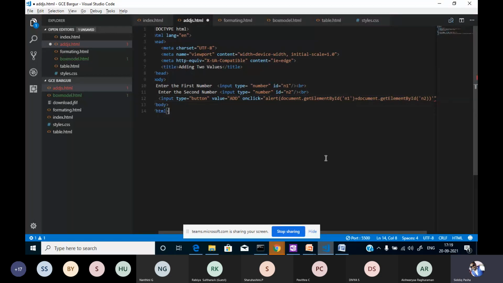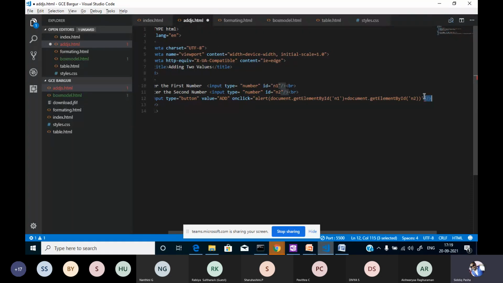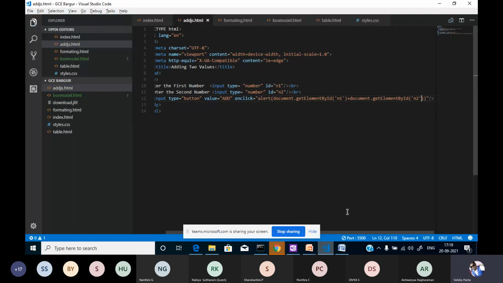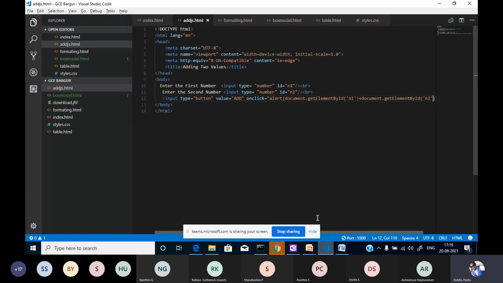The alert we have closed. Okay, I'm saving this. Let's check whether it will work or not.